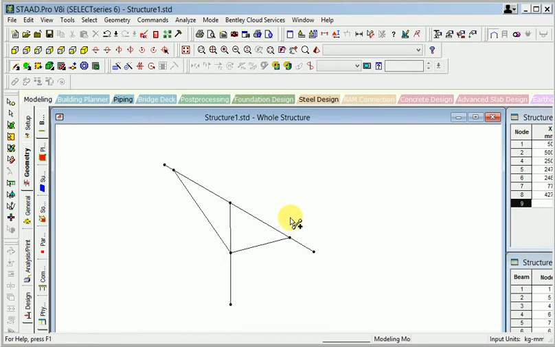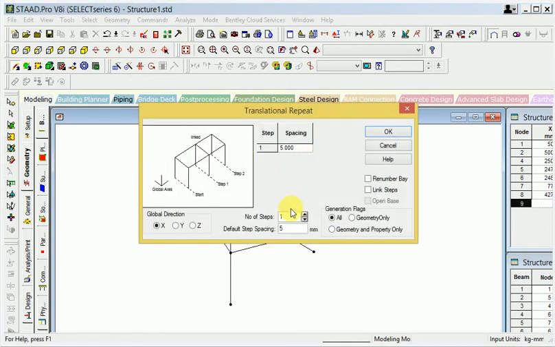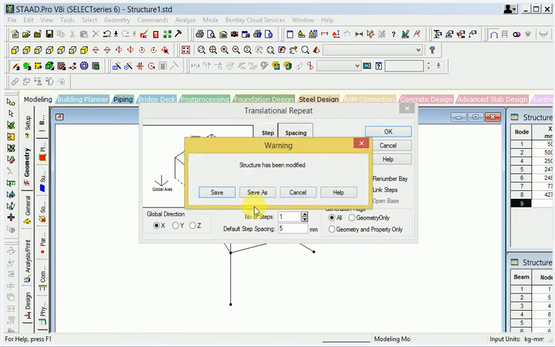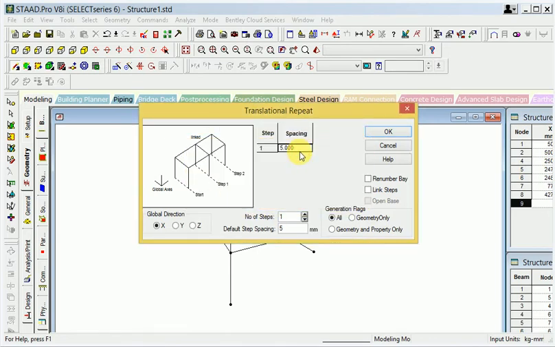When I go to pattern here, first of all let's go to this pattern, translational repeating. When going to translational repeating, then I will provide the distance 350. I will provide the distance.